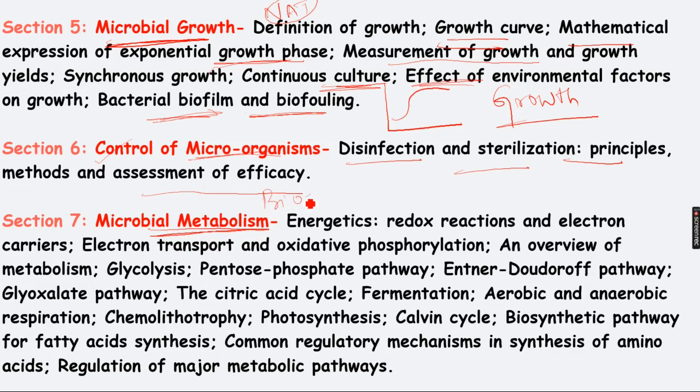Again, the biochemistry aspect, wherein you'll be reading about the energetics, the redox reactions and electron carriers, the electron transport chain and oxidative phosphorylation, an overview of metabolism, glycolysis, pentose phosphate pathway, the Entner Doudoroff pathway, which is also quite frequently tested, glyoxylate pathway, the citric acid cycle, fermentation, aerobic and anaerobic respiration, chemolithotrophy, photosynthesis, Calvin cycle, biosynthetic pathway for